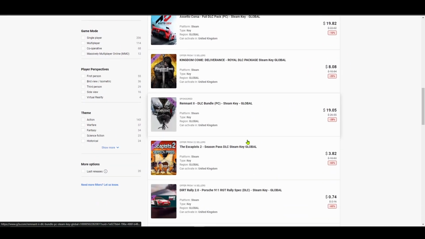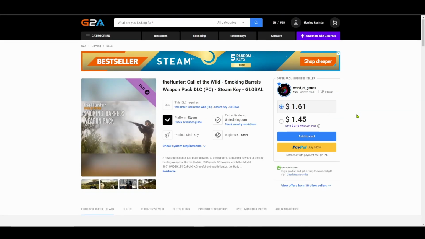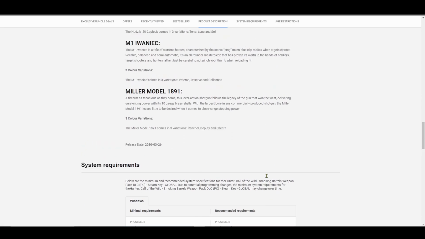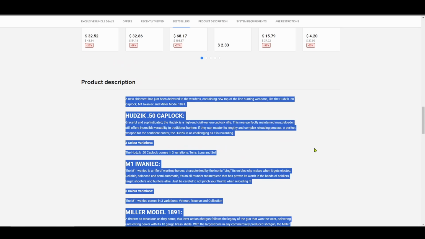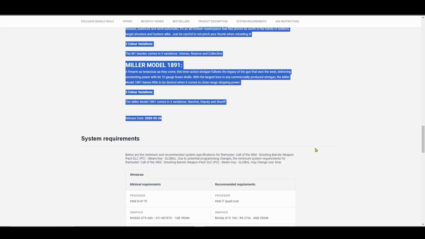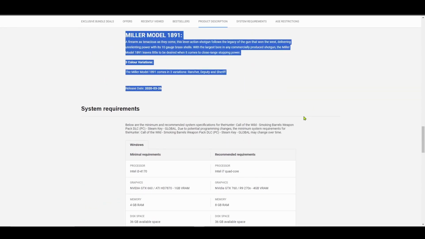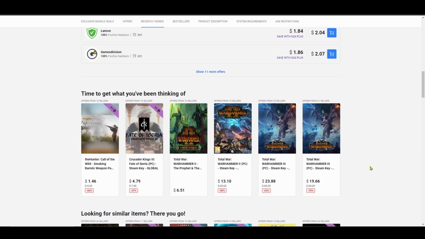Be careful when you're scraping websites for stuff. If you do data scraping, what you'll find is if you go in here, there'll be a description somewhere. If you scoop all that up, somewhere in it there'll be something embedded about this website, and quite a lot of them do that. And if you just paste that into eBay, eBay will probably flag it, because it'll say something like, "This has been stolen from G2A, and you should spank this seller." So yeah, that's essentially what I would do.